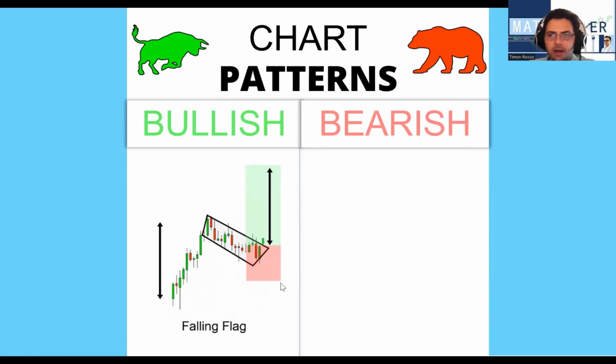We set the stop loss just below the bottom of the flag formation. So I like to give it some leeway. And then I set the take profit twice as high as compared to where the stop loss is. So that's the falling flag. So the flagpole raises up, the price forms a falling flag, the price breaks above the falling flag, and then we ride it on up and take profits.